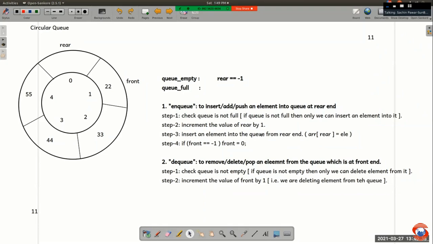Third step, insert an element into the queue from rear end. तो सर हम यहाँ पे अभी क्या करेंगे? Element insert करेंगे. Let's say value of an element is 66. Let's say we inserted 66. Now if we try to insert one more element,